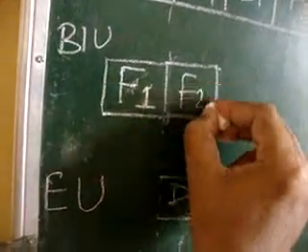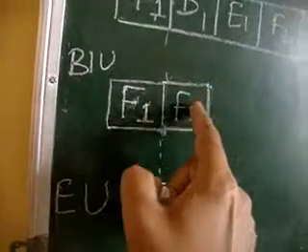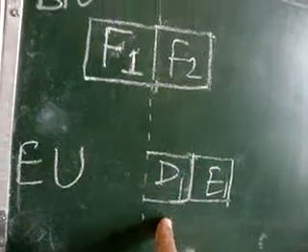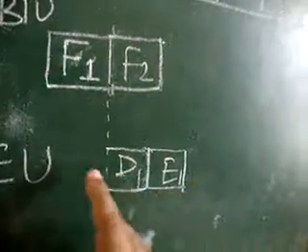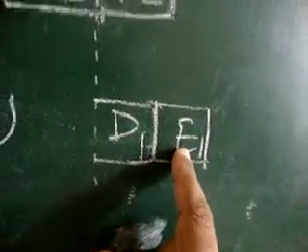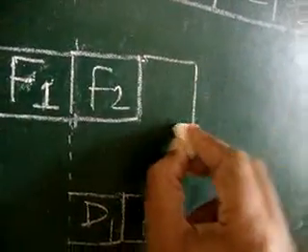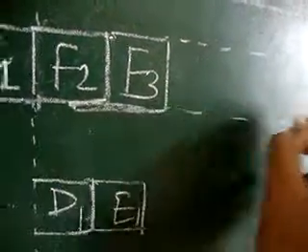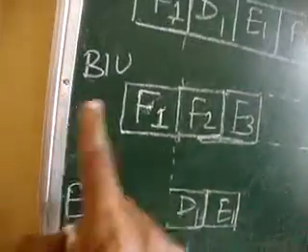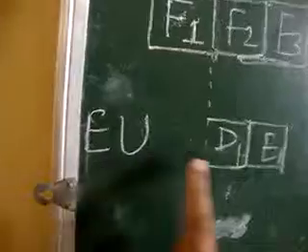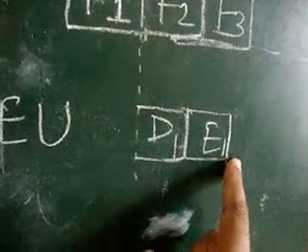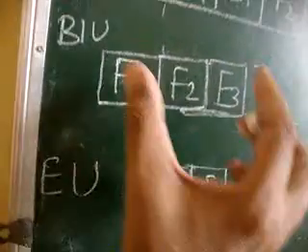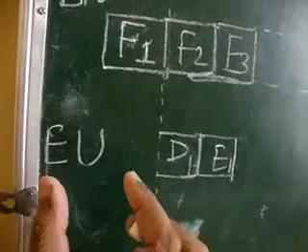So these two events are in parallel. Fetching of the second instruction while decoding of the first instruction. So these two processes are in parallel. Similarly, when the first instruction is being executed, then the third instruction can be fetched in the bus interface unit, and so on. So here in bus interface unit, what will happen? Fetching of the instruction occurs, and in execution unit, what will happen? Decoding and execution process occurs. So after the first fetch cycle, these two processes, the work of bus interface unit and execution unit, occur in